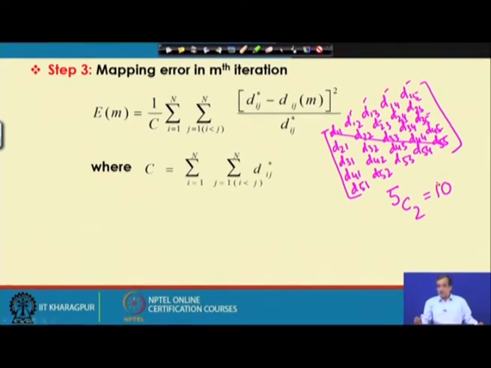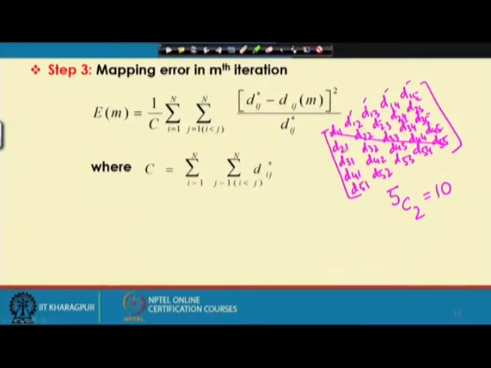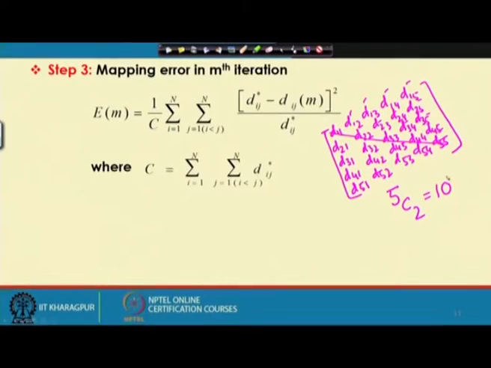So, what we do is we consider the Euclidean distance values on one side of this particular diagonal, and D 1 2 is equal to D 2 1. Similarly, D 1 3 is equal to D 3 1. So, we need not consider both the sides of this principal diagonal. Now, that means, if we can calculate only the 10 Euclidean distance values, my purpose will be solved. The same thing has been followed here.